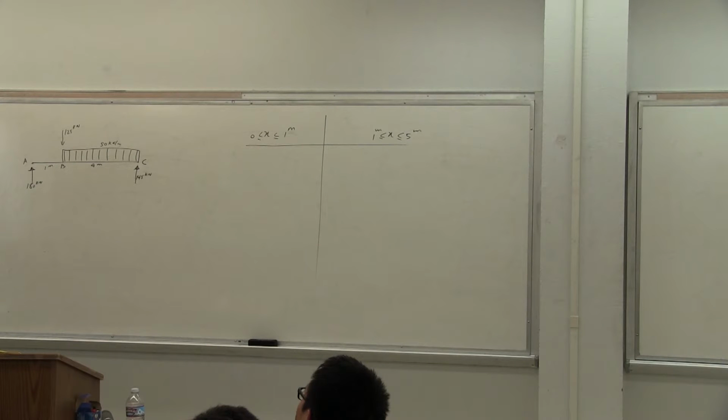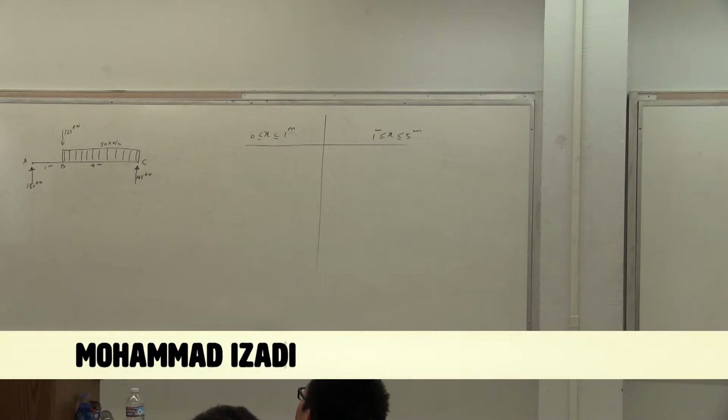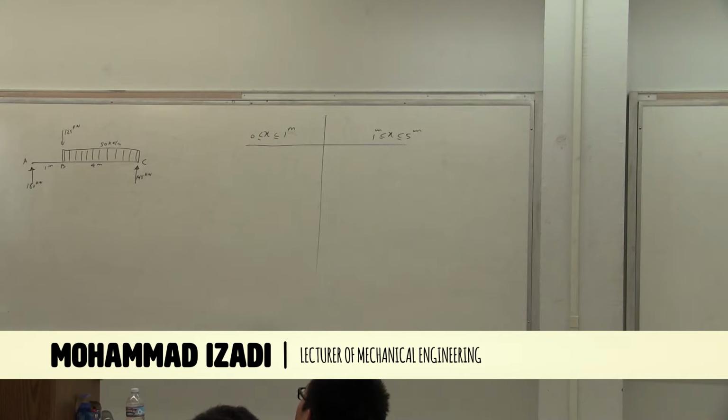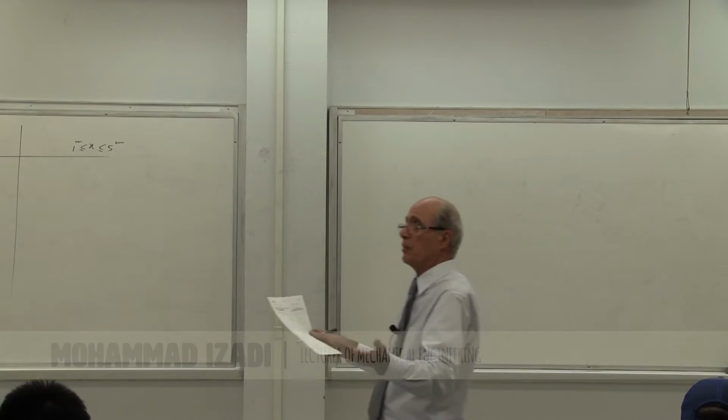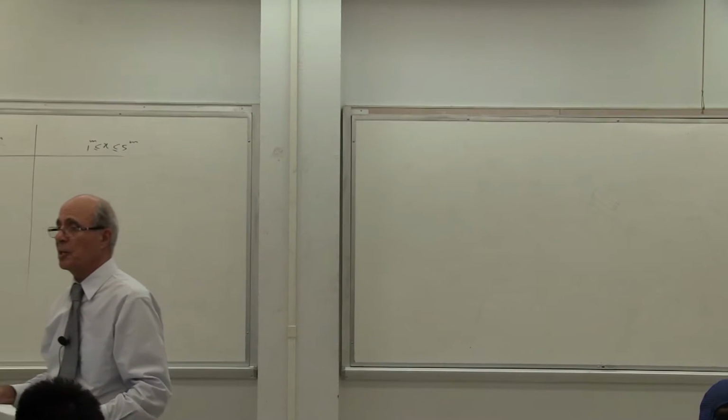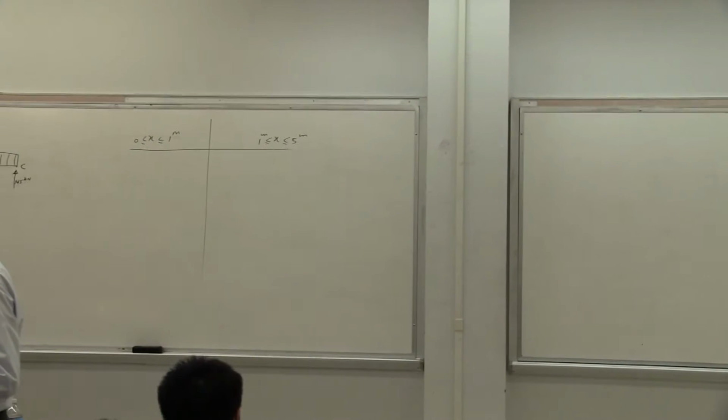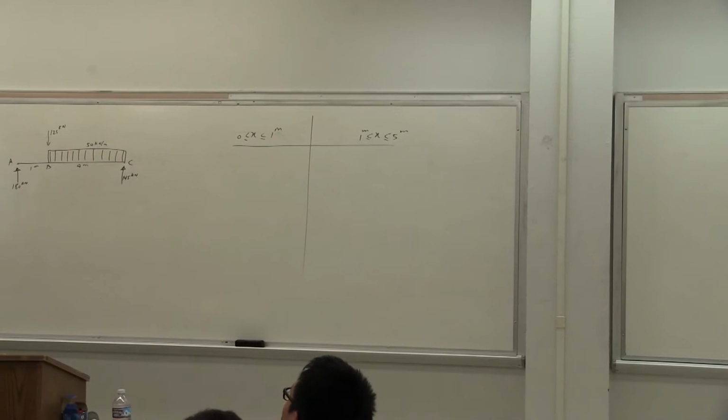Is that, first of all, it is determinate. There's nothing indeterminate about it. Remember, this is a pin on one side, a roller on the other side. This is obviously from a static class. You know that. That's the determinate problem. So you can calculate RA and RC in this case.